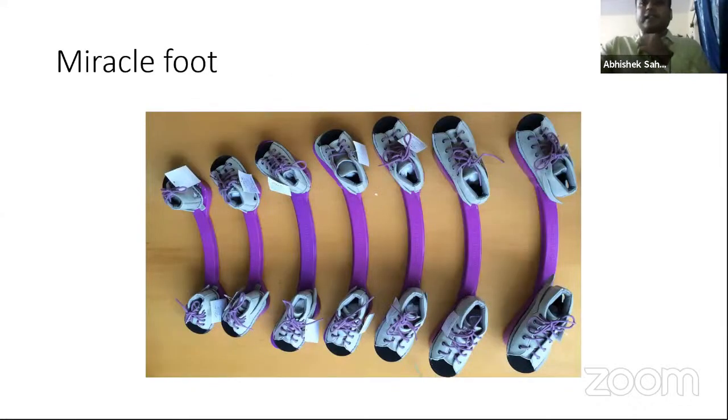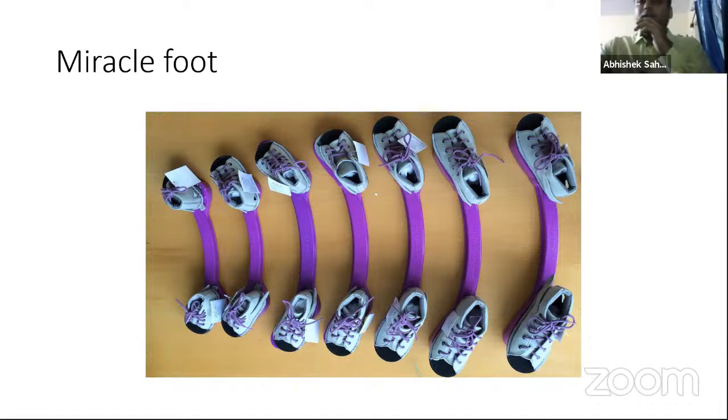This is another newer design, you can say old wine in a new bottle, if we can put it that way. The only difference I found, because I had the luck of going through this design during my last CTEV conference, is that they have a plastic abduction bar in the design, which they have incorporated. The basic design remains the same as the DB splint. And this is a work of